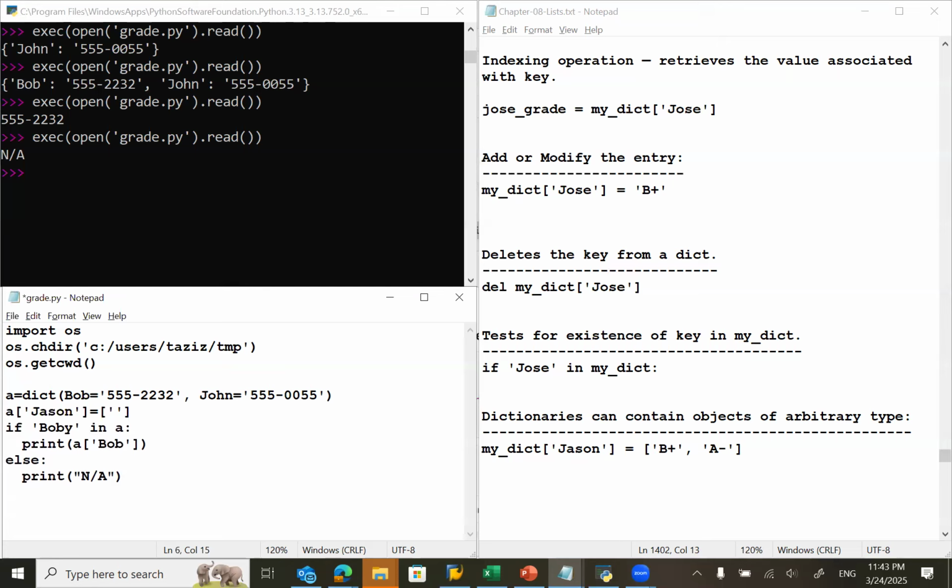So I can have two values, A plus and A minus. Okay, and now I would like to display